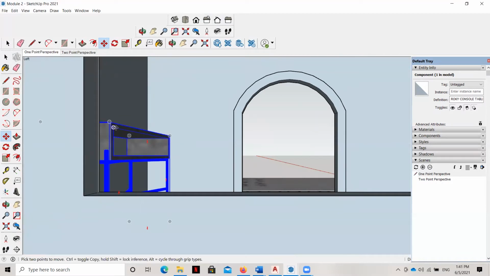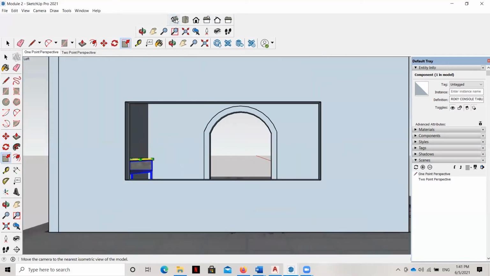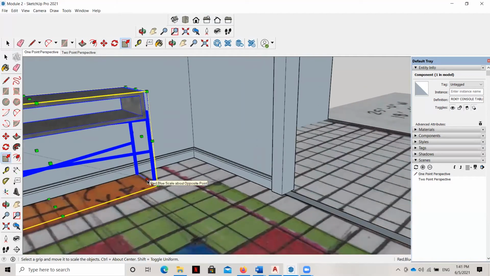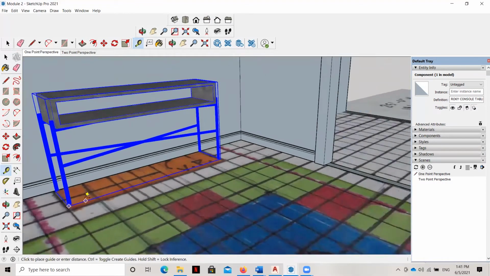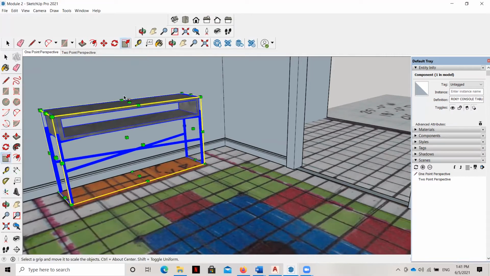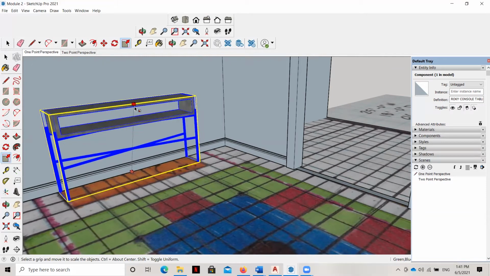Let's grab this side view here. See, it's still really big. So I'm going to continue to scale it down and move it. And it's starting to get a little bit more accurate. We can stretch it out this way by grabbing that middle grip there. And let's go ahead and measure it. Let's see how tall this thing is. 3'7". So it's still a little bit tall. Let's scale it down, because remember ours is about 3 feet tall. Notice I want to bring it down on the right axis.